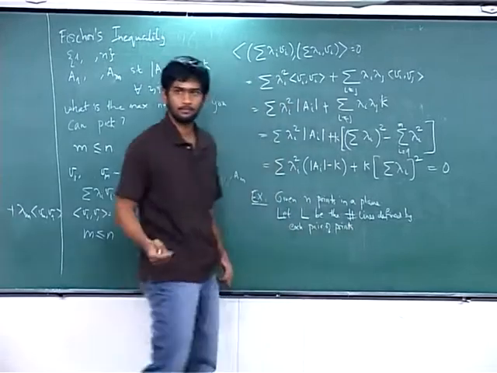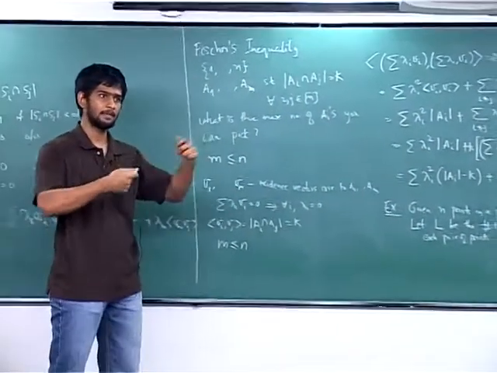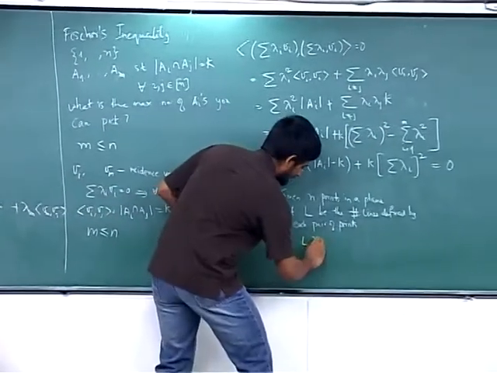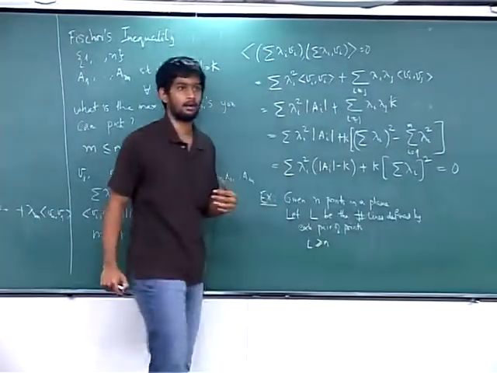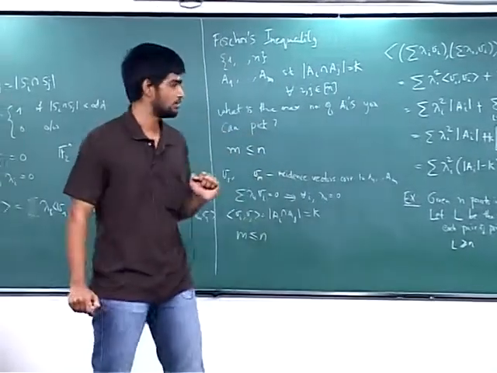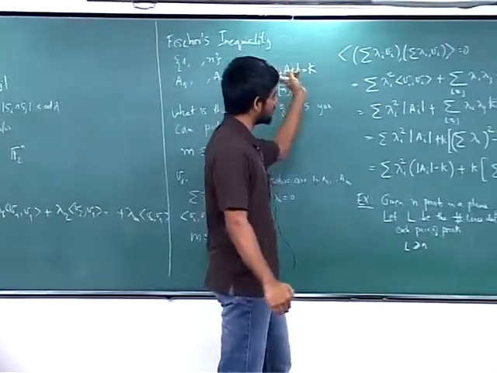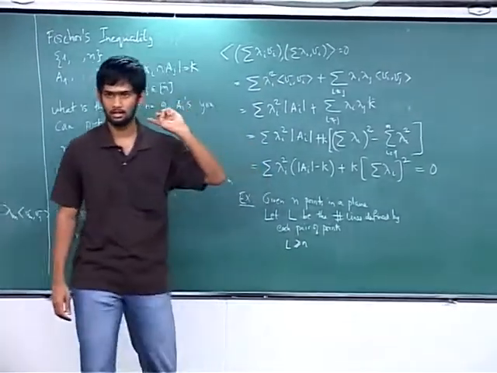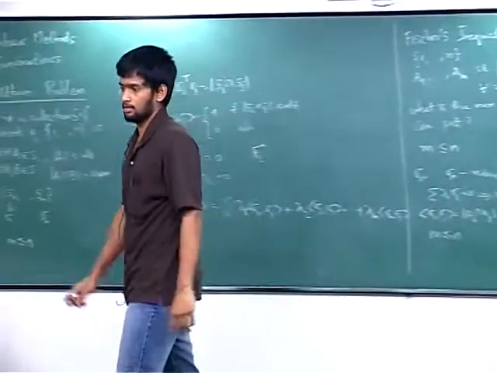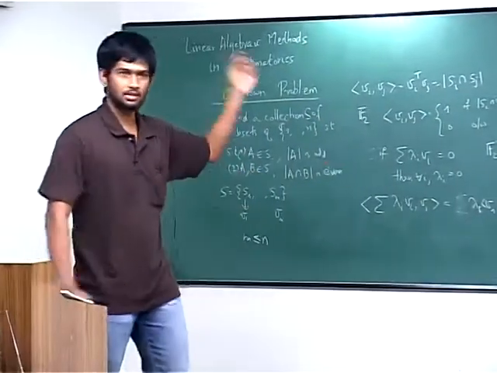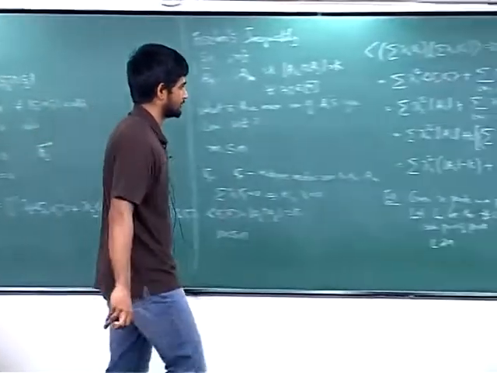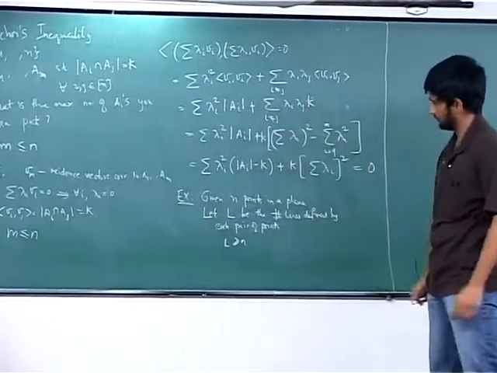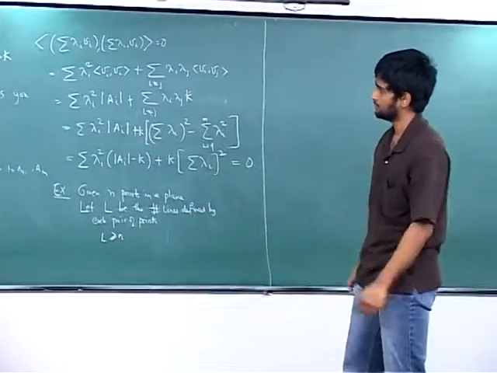Okay, you are given n points and you look at each pair and look at the line that is defined by them. Show that L is at least n. So this is a simple exercise that you can try doing. You can think about it if you want.